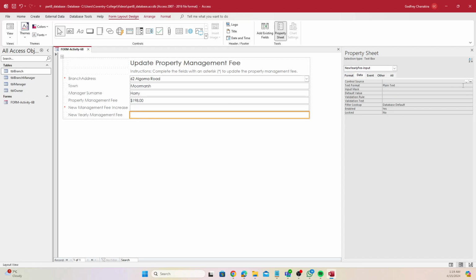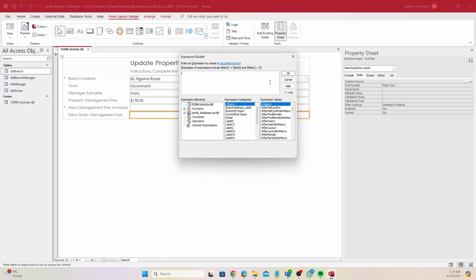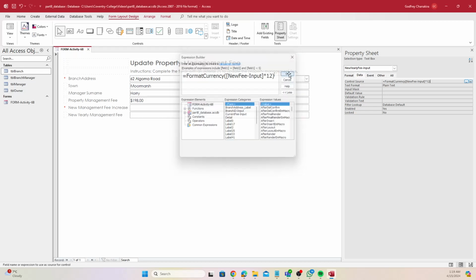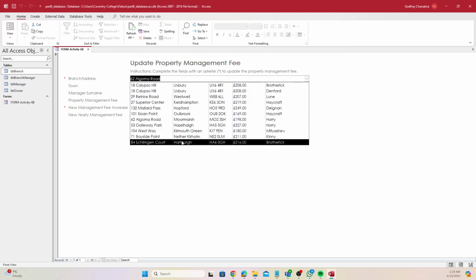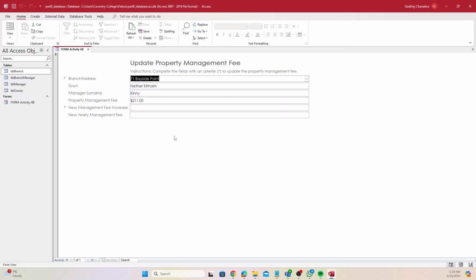So we go to data, we go to control source. I think I named it new fee input, times 12. And we can also do format currency because I already know we'll need to do that anyway. And we add an extra closing bracket. There we go. So now if I go to form view, if I select 71 Bayside Point, it shows me